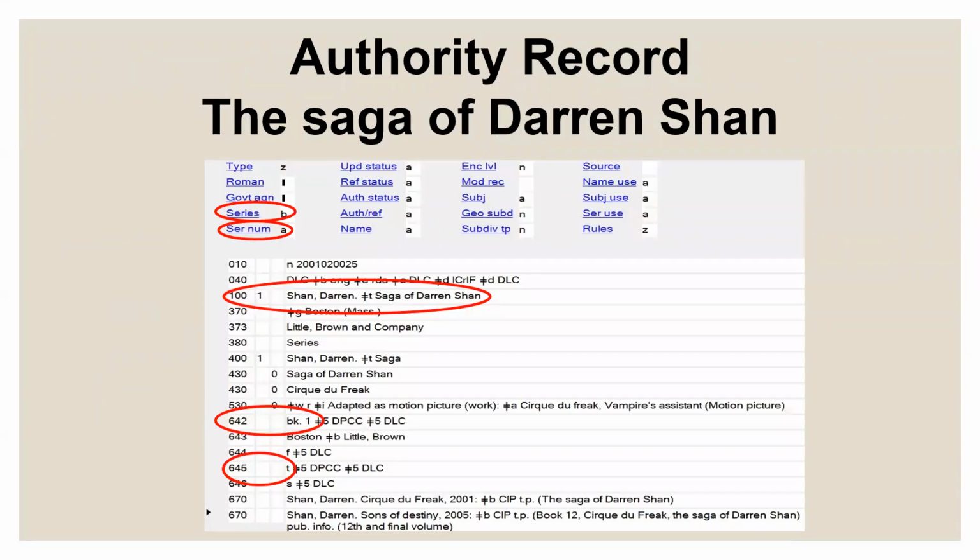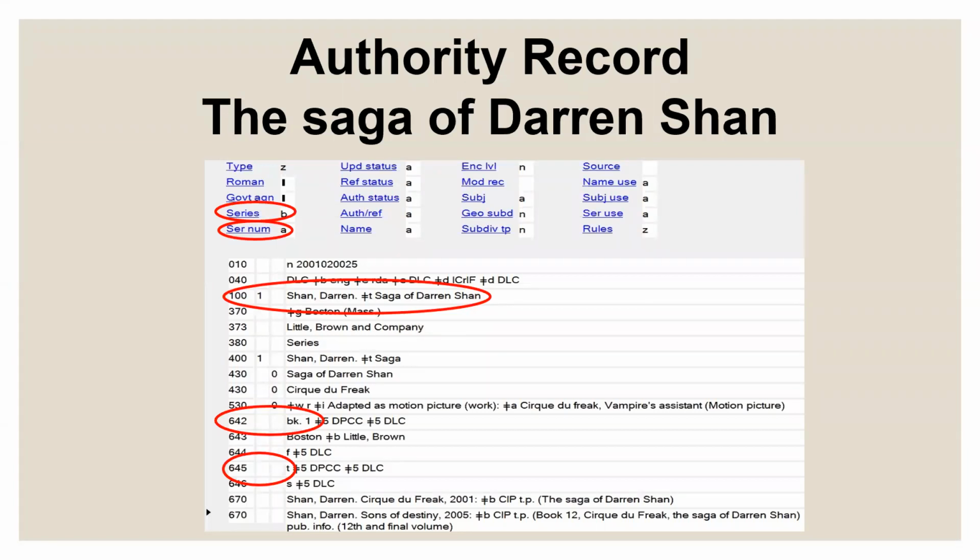So this is an example of the authority record that's in the Library of Congress, and you can see here in the 100 you have what we're going to put in our 8XX, and then in the 645 we're going to see a T, and that T means it's a trace series. You can kind of stop looking there. Once you see that T in the 645, you know it's a trace series, and then you know to use what is in the 1XX in your authority record.